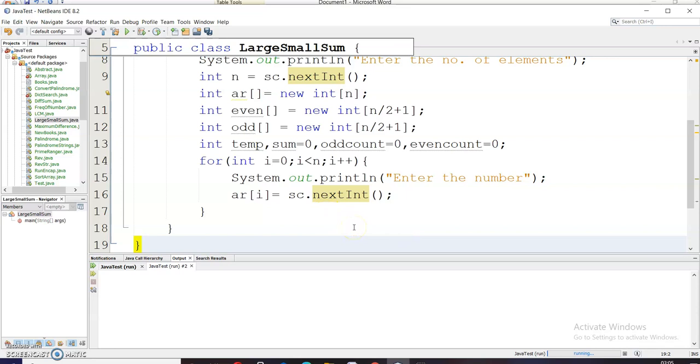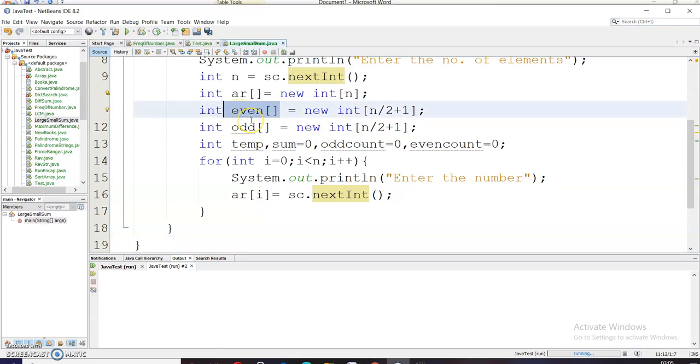Now I will populate this even array and odd array. How to do that? I will just check whether the index is divisible by 2 or not. If the index is divisible by 2, then the element will be stored in the even array. And if the index is not divisible by 2, then it will be stored in the odd array.